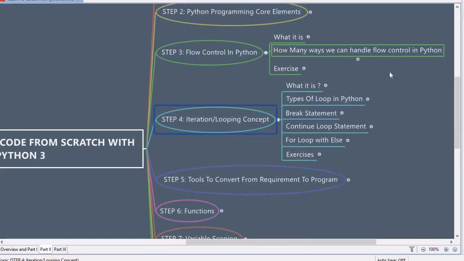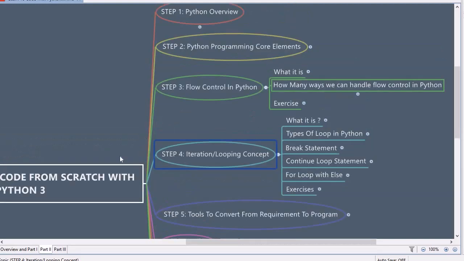We will look into the for loop, continue statements, and types of loop. Then we will look into the break statement, when to use break and when to use continue. All these we will do with exercises so that you can understand in what scenario you will use all these things. And we can also try to use the previously learned steps in step 4 so that you feel comfortable with